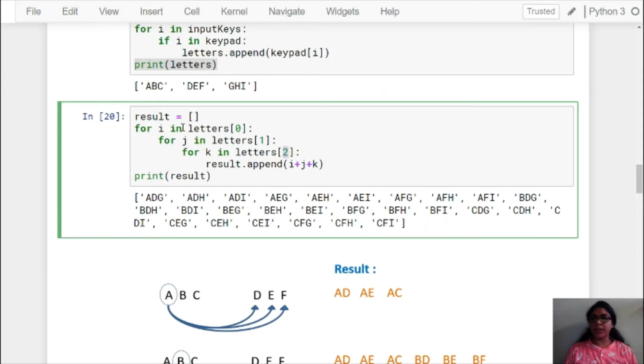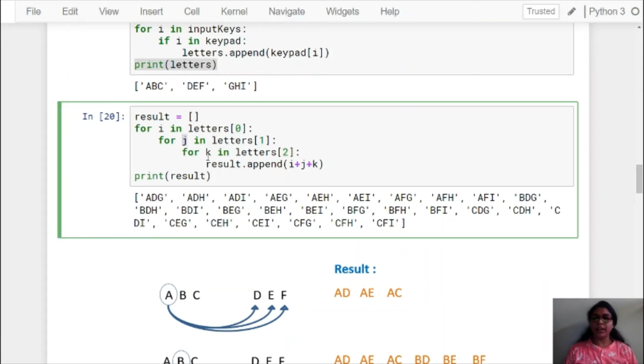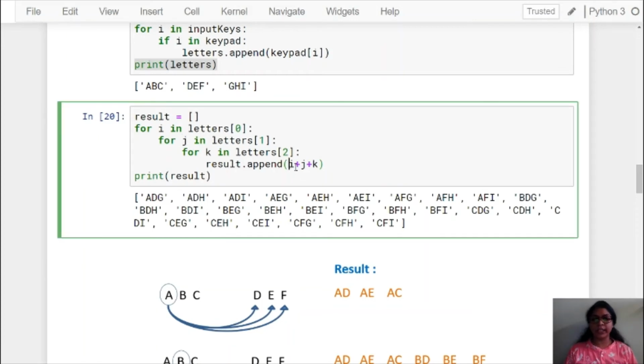For the outer loop, with iterating variable I, the first time A will get assigned to I. Then one more for loop, for J in letters 1. At index position 1 there is DEF, so D will get assigned to J. Then for the third for loop, G will get assigned to K. So in this way it will concatenate I, J, K. So it is nothing but A, D, G, and we will get our output in the list result, because we are appending that concatenation in the result.